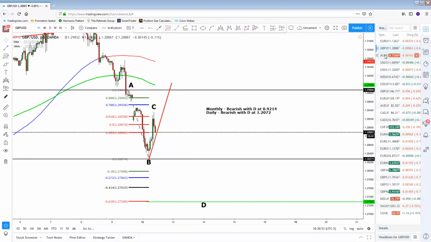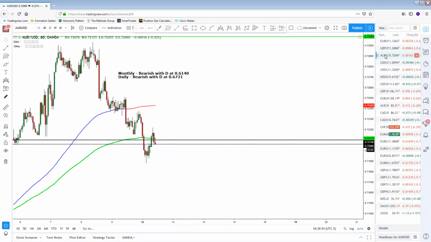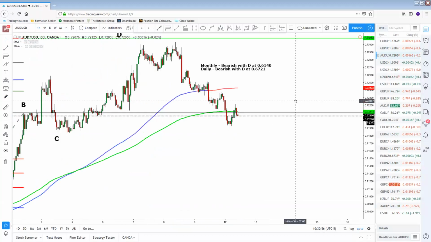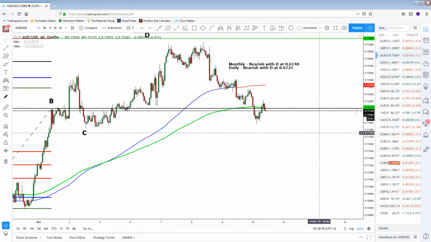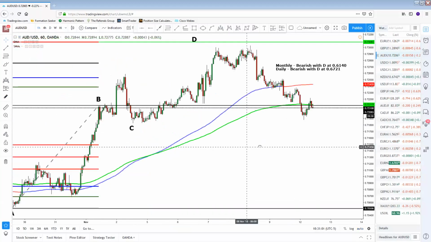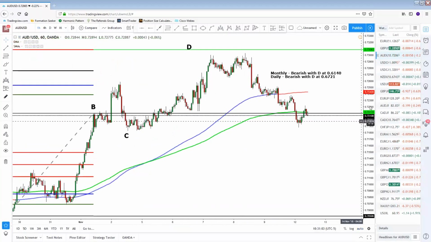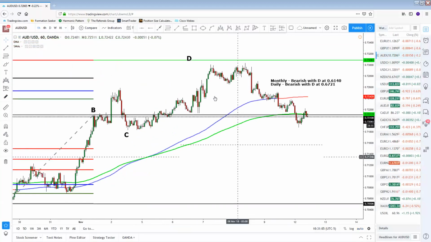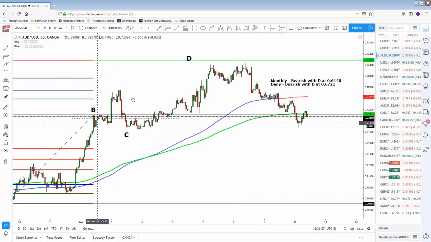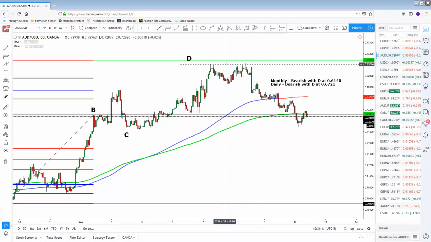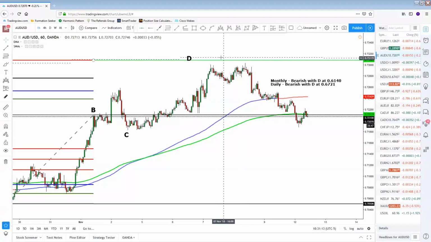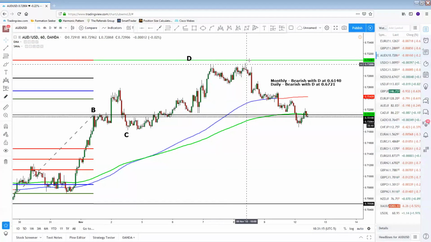Let's go to another one here, the Australian dollar. Now this one here, you can see we're still technically in our AB boundary trade on this current one because the D extension was not filled. However, when we get this close, we get a double top and we're within a few pips from our extension,